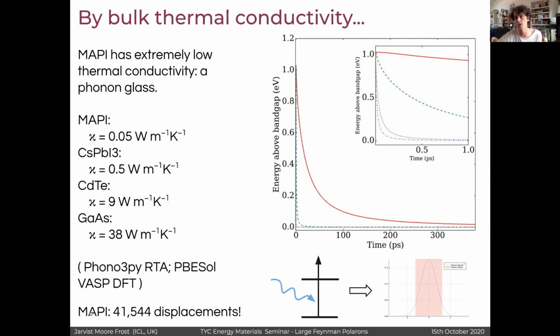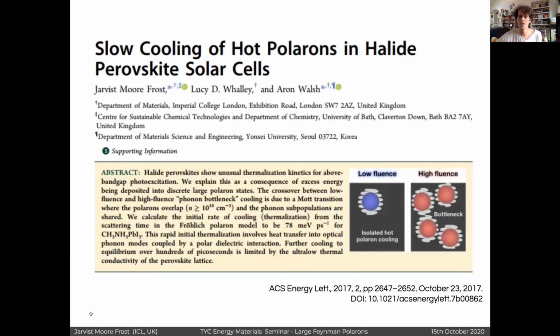And this is because the phonon-phonon interaction is quite strong. The phonons are fairly anharmonic. And therefore, the thing's almost like a phonon glass, like it really doesn't like conducting heat. And so combining this together, from your polaron size, you can define a Mott transition for these